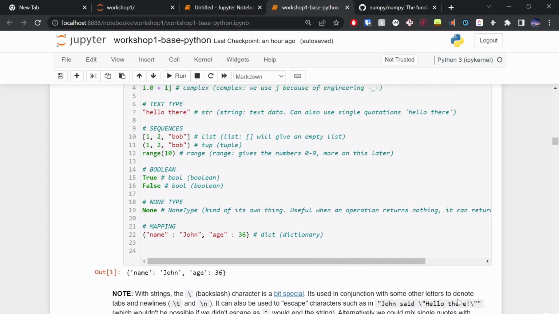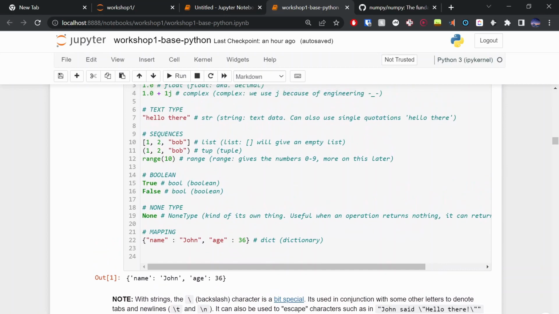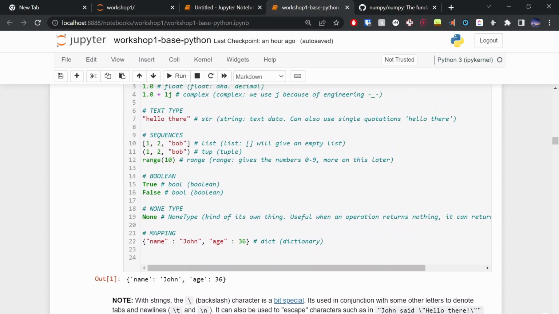As seen here as well, any line that starts with a hashtag is a comment. This allows you to basically write anything in your code that you want. Also, as soon as Python sees a hashtag, anything beyond it is a comment as well. This is just nice for you to be able to tell whoever's reading your code what you're doing. It's good practice as well.